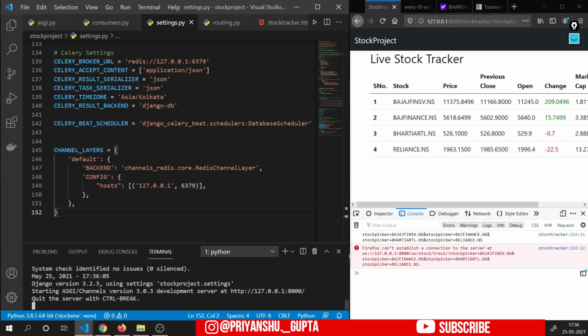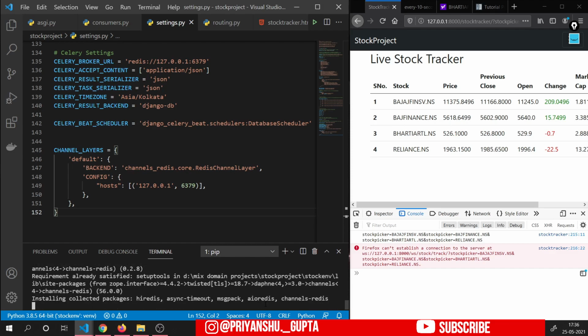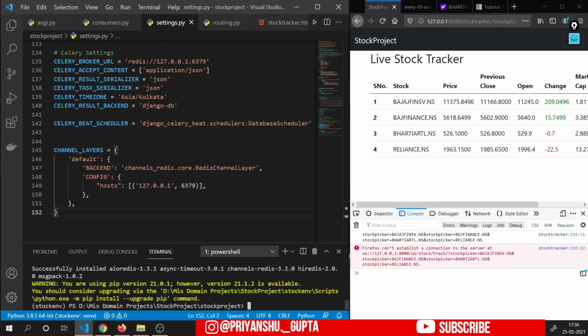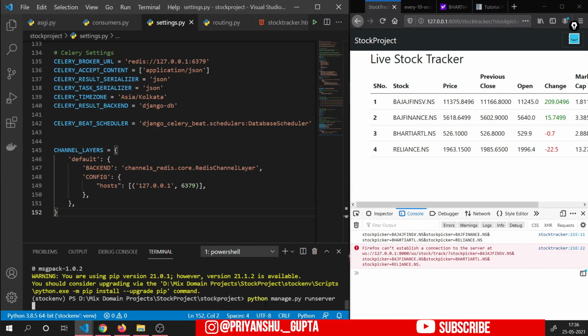And one more thing you will have to add, that is channels Redis. So pip install channels Redis, and once it is installed, we will again start the server.